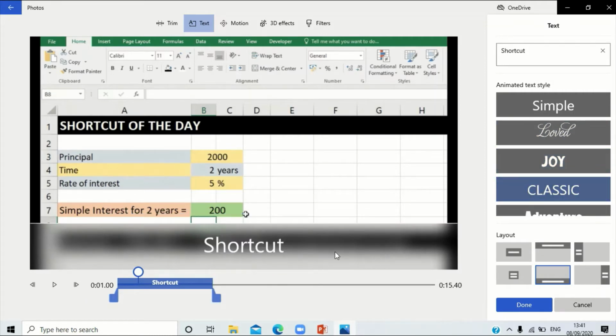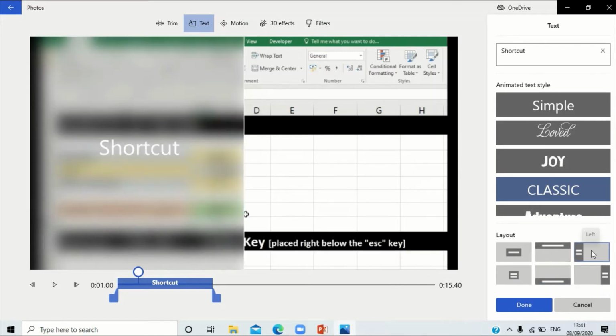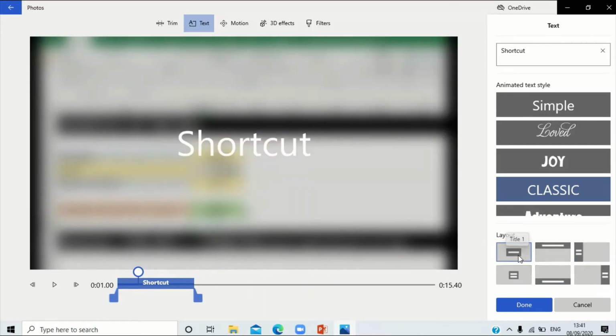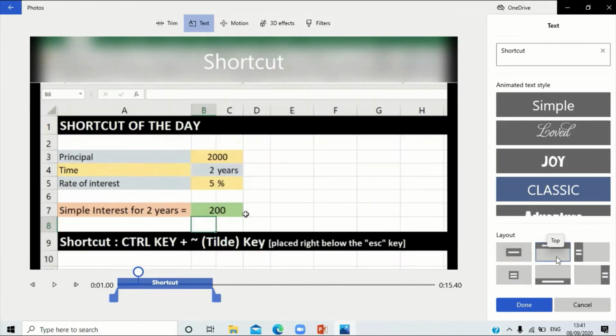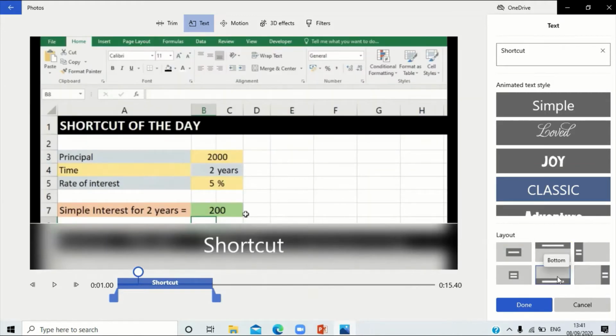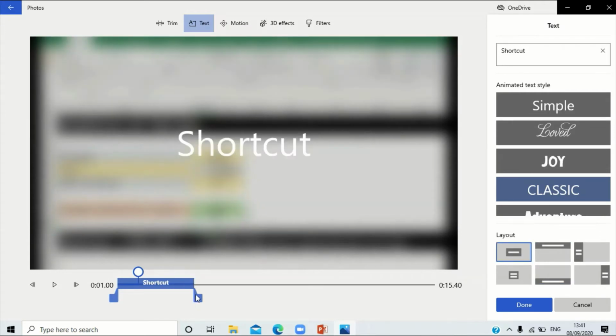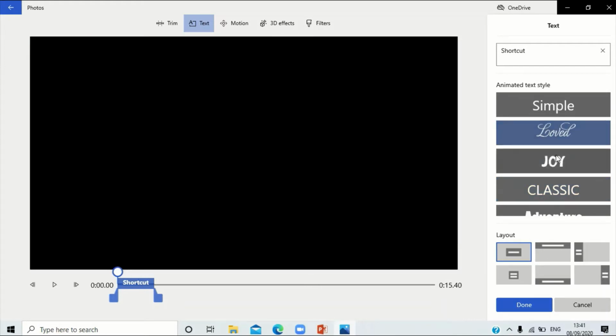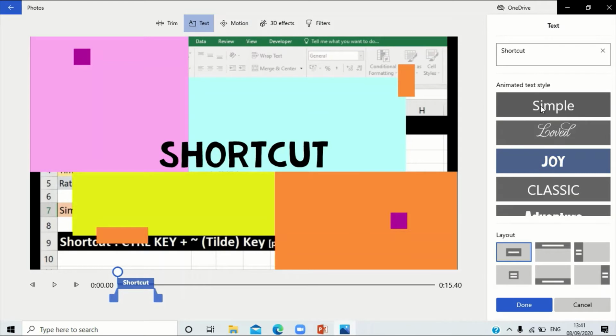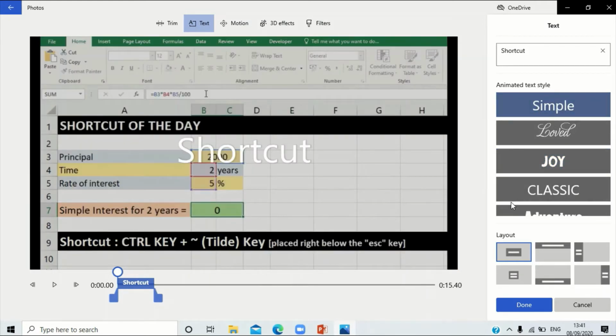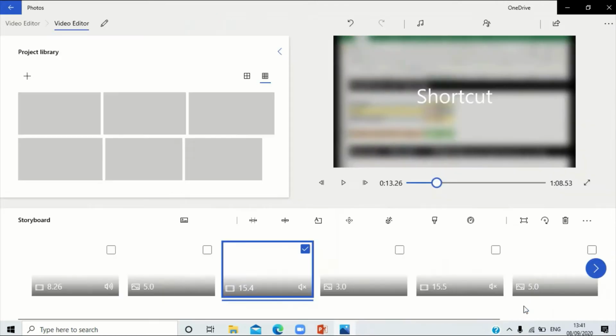So you can leave it at, suppose, the classic option, and you can have it either in the middle or on the top or on the bottom. You can just leave it anywhere you want. So maybe you have this in the center, and you can also adjust the time that it is for. Maybe you want it only for a little time frame, so you can just adjust this and this would appear on your screen, and you can select any of those for that matter, and I'm just gonna leave it on classic, and you can click on done.